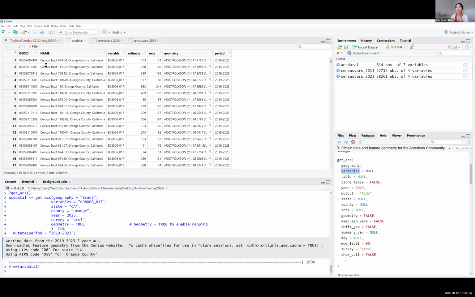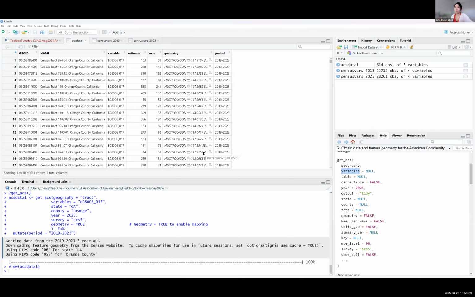So here you can see you are looking at all census tracts within Orange County, and the variable that you extracted is, again, the work from home count, and the estimate is the value of these variables, and MOE means margin of error. And then you have a geometry column that, if you work with shapefiles a lot, actually looks like a spatial data file.